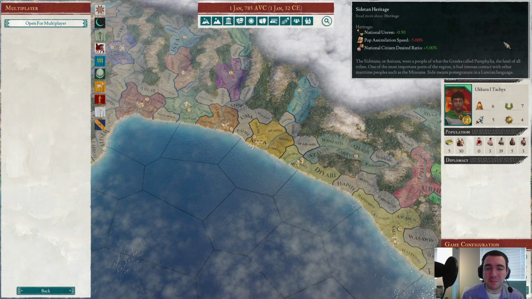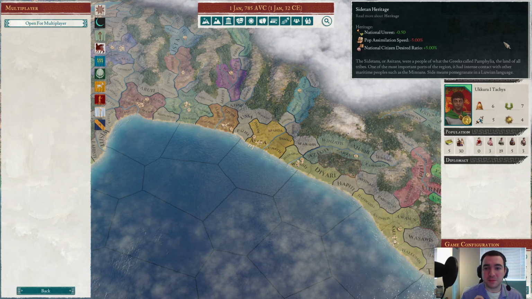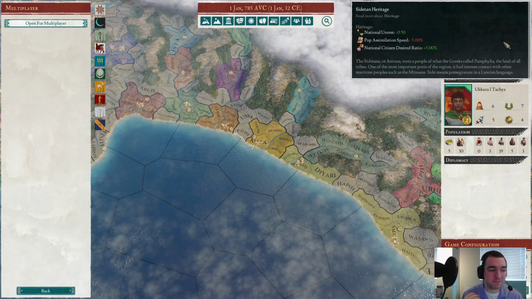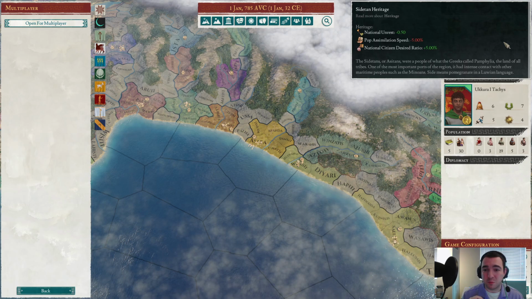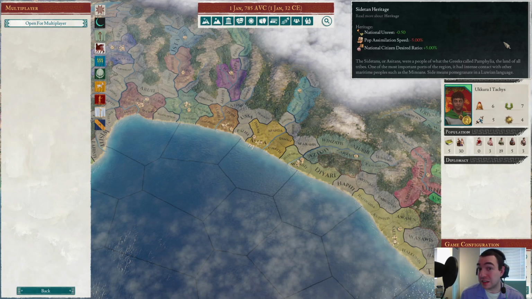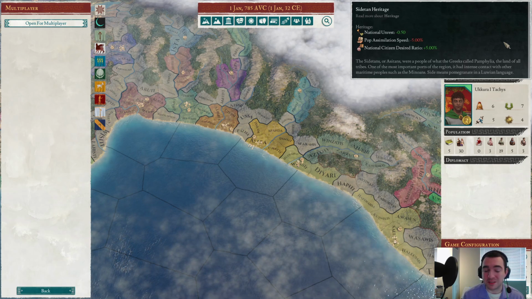This doesn't sound like that big of a deal, but think about this. Every single tile in my nation has a 5% increase to its national citizen desired ratio. Every single non-city settlement, every single city settlement. Now, would I really want citizens in non-city locations? Actually, yes. And even though I plan to specialize cities, as I have done in my other Imperator campaigns, to